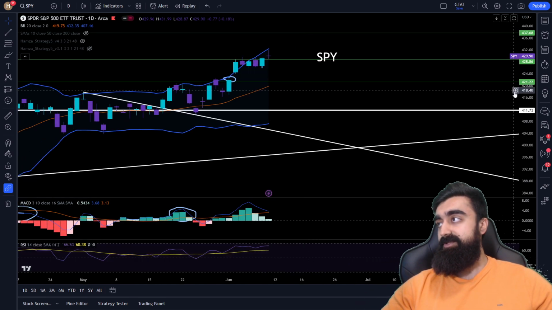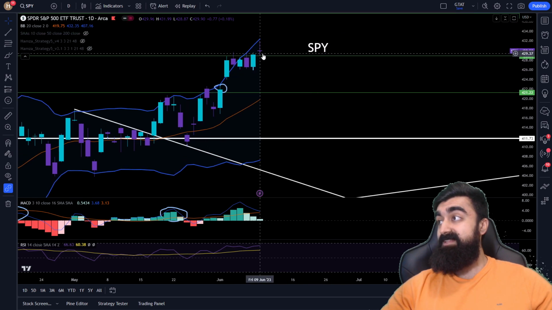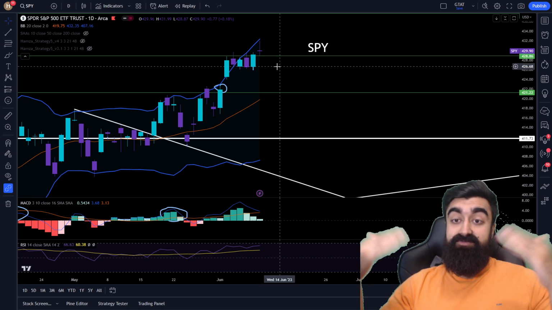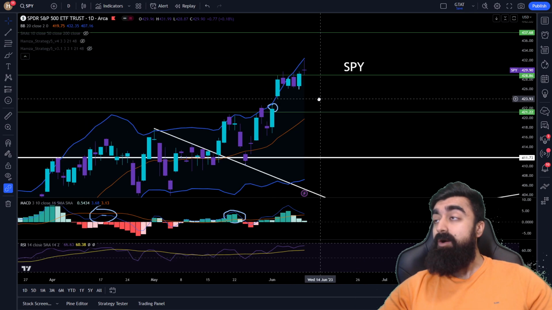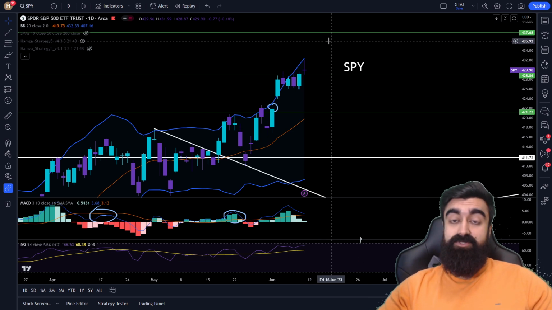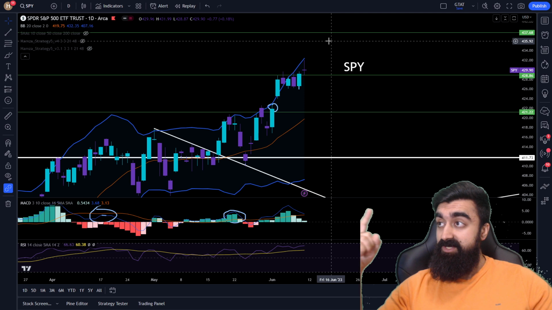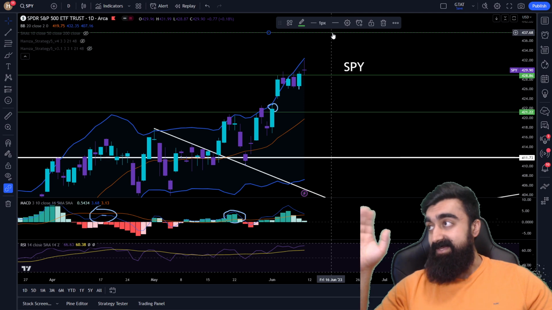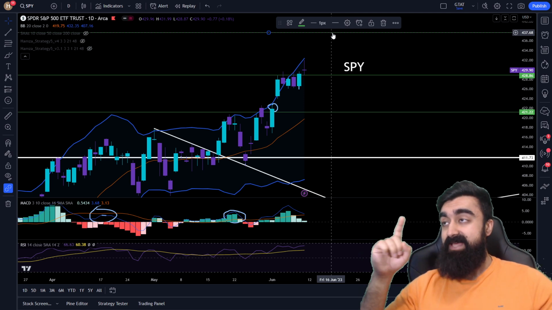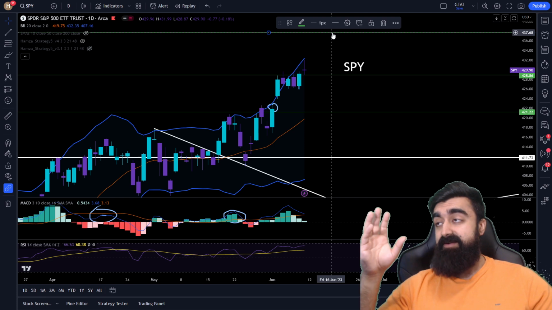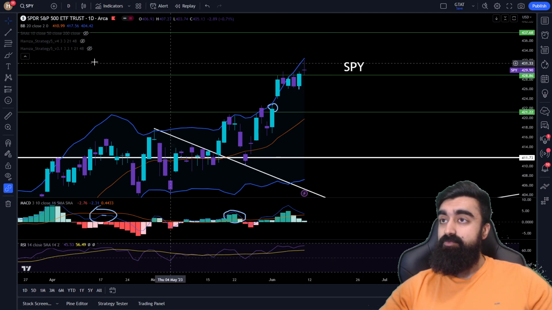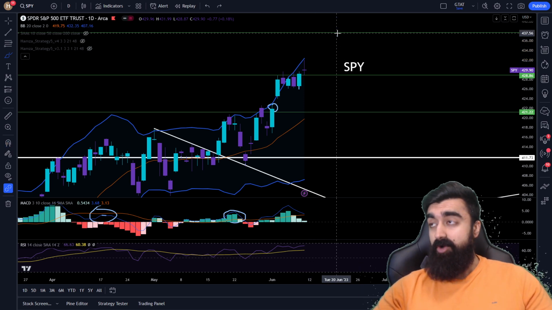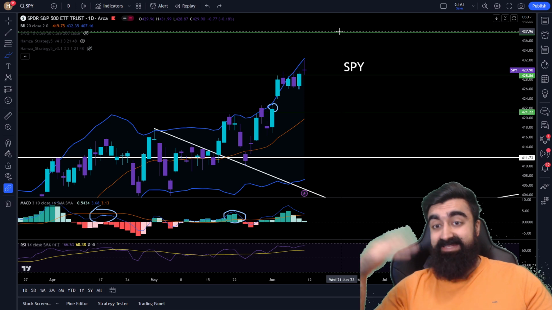So currently on the SPY, we got a nice solid close above this level of resistance here at 428.90, 429 level. We finally got a close above it. So now, where are we going to go? So essentially the levels on the SPY moving forward, 430, and then the main level of resistance now is going to be this 437.68 level. That is a very major level of resistance, and there isn't really that much in between here. Okay, so if we are going to make a move to the upside, it can happen very quickly.